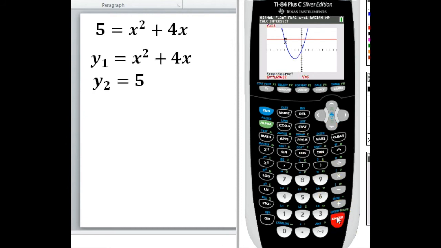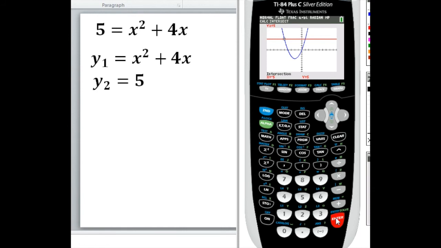So I hit enter. Now it automatically jumps to my red line, my y equals 5. And it jumps to the spot where it's nearest to the first one that I entered, which is great because I want this intersection right here. So the second curve, this is my second graph, that's my red line, so that's good. So I hit enter there. So now I've entered in my first one, my blue line, my second one, which is my red line. Now it asks me to guess, so I hit enter again, and it tells me my intersection,